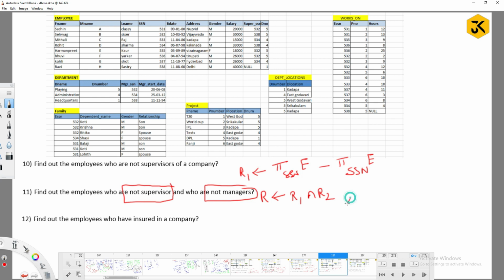Guys, can you think whether R1 minus R2 is valid? No, right? It means something completely different. Who are not supervisors but not managers.